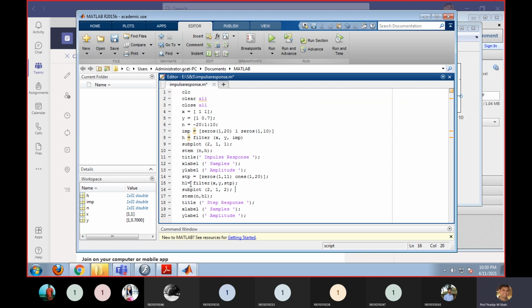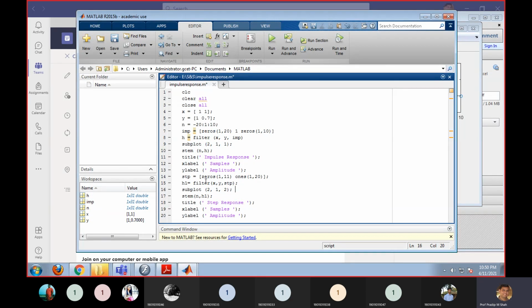Now if the impulse is understood, then step will be very easy. We just have to change the input signal from the impulse signal to the step signal. First I'm going to define my step signal, STP. The mathematical expression of a step signal is u of t equals 1 for t greater than or equal to 0.